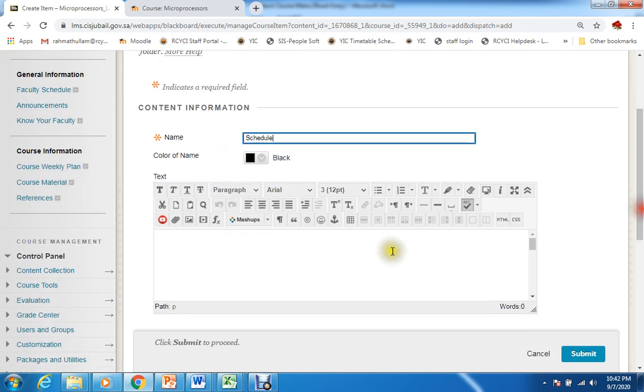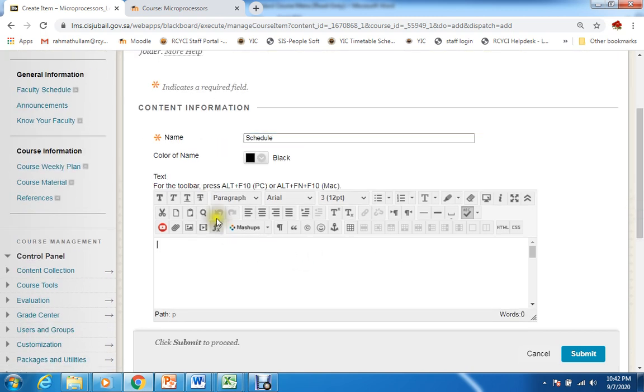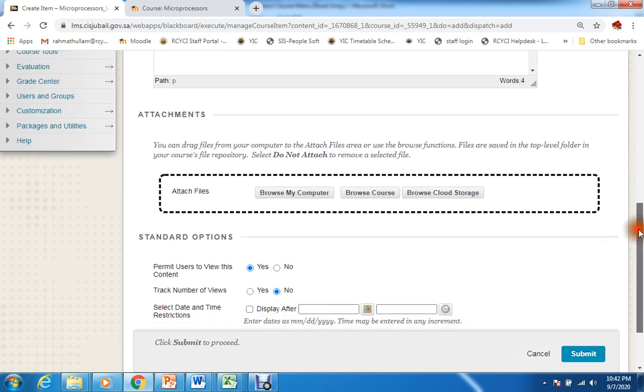Okay, if you want to write some description for this menu item, you can write, this is my schedule. Okay, then I need to upload my schedule which is already in my hard disk on my computer.